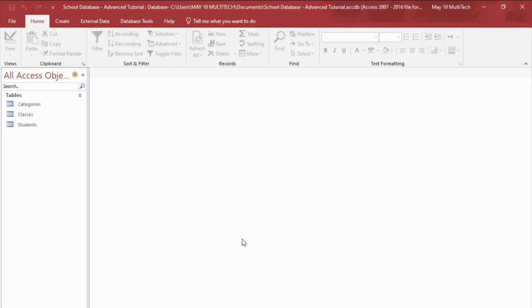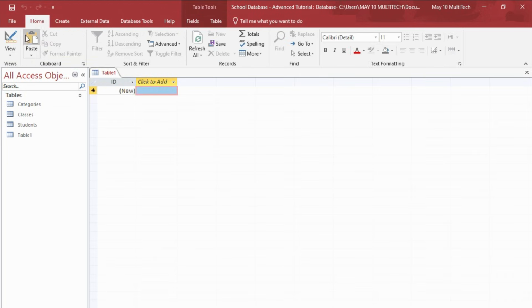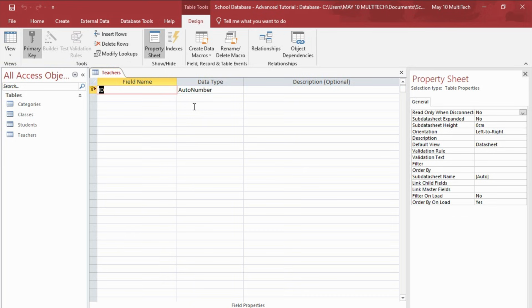The next table we are going to create will be the teachers table. So go to create, come to table, then come to design. This one is going to be teachers. We have teacher ID, staff ID, then first name, short text, last name too is going to be short text, date of birth is going to be date and time,